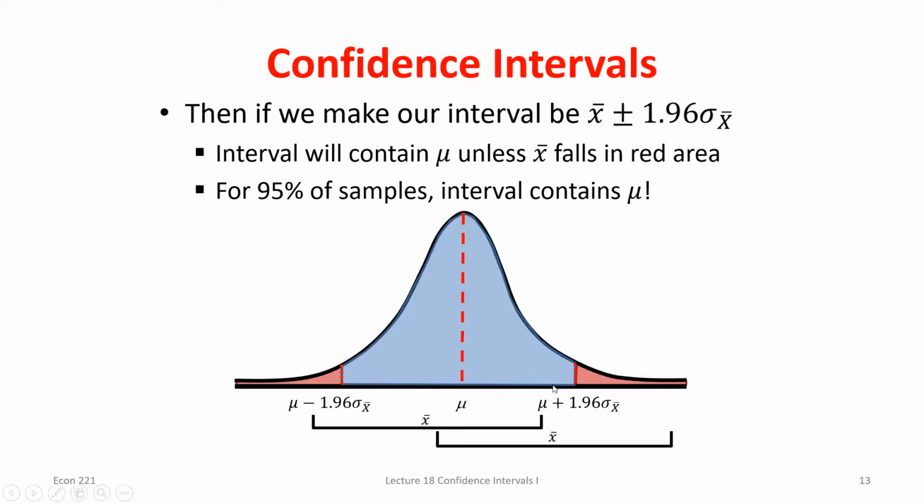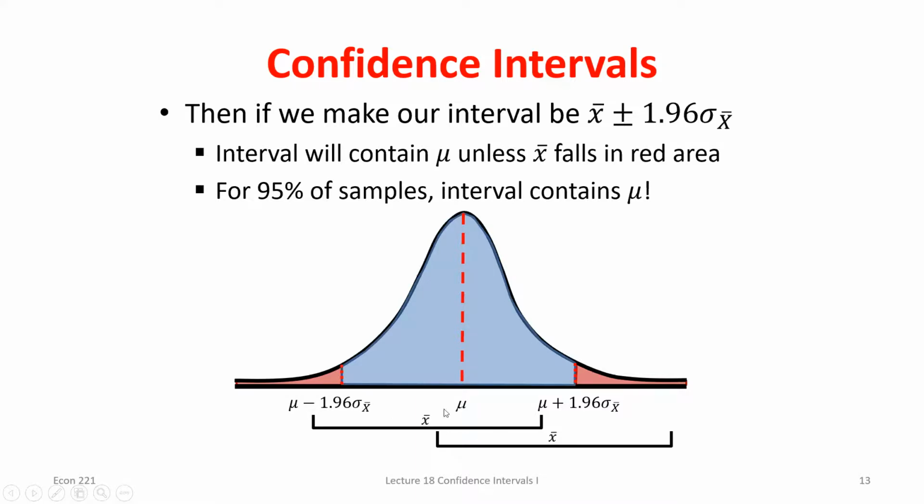I take another sample. Maybe I see this as my sample mean. I do the same thing: go 1.96 standard deviations below and 1.96 standard deviations above that value. Notice this confidence interval also includes my population mean. And I tried to draw these to scale, so these should be the same length, because even though I'm starting off at a different sample mean, 1.96 standard deviations is always going to be the same value. Okay?